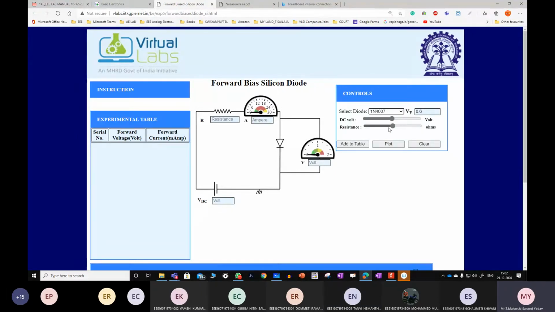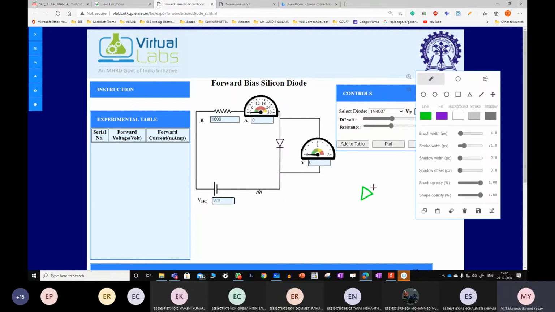Okay, so randomly I will give some resistance. I'm giving the value as 1000, 1 kilo ohm suppose. So the value of resistor is 1 kilo ohm. Now I need to apply some VDC. If this is a diode, I'm applying positive to positive and negative to negative, plus and minus. I'm calling this VDC. For different values of VDC, we shall calculate the output voltage as well as current.